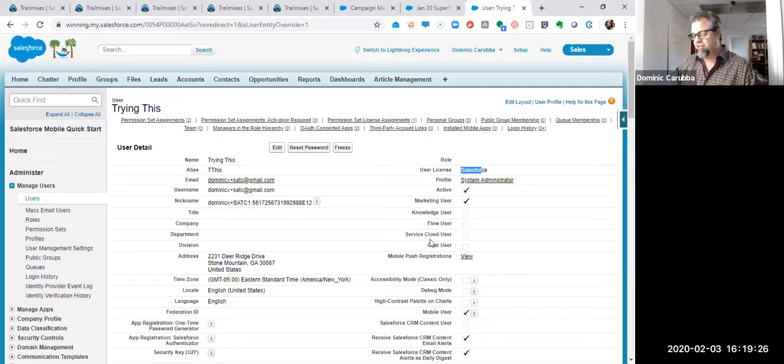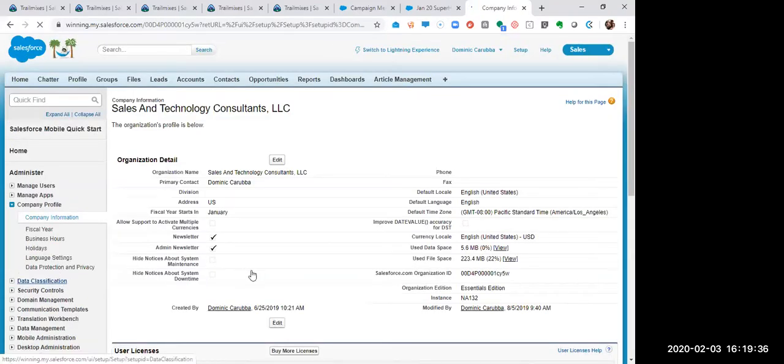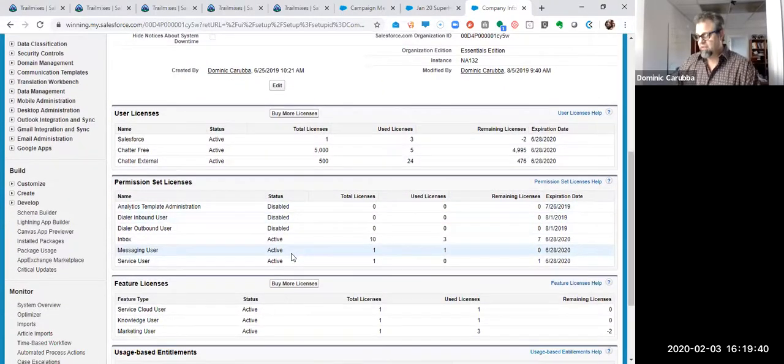Now, does anybody know the difference between chatter-free and chatter external licenses? What's the difference between them? You have to pay for it? You don't have to pay for either one, but